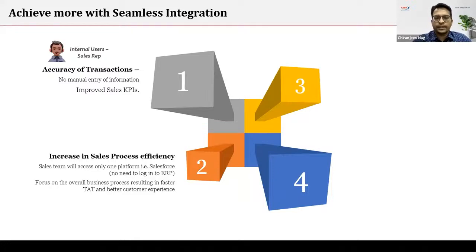So we saw that as a sales rep, I will have to get data from the ERP system, from the ERP application. I'll have to enter that manually in Salesforce. So this entire process takes a lot of time. This particular quote can be generated within minutes if the pricing data is populated. But if it is not being populated, I have to do it manually. It takes a lot of time. So the quote process takes time. Then closing that particular opportunity takes time.